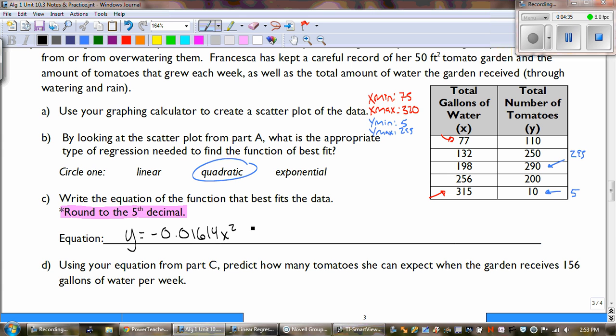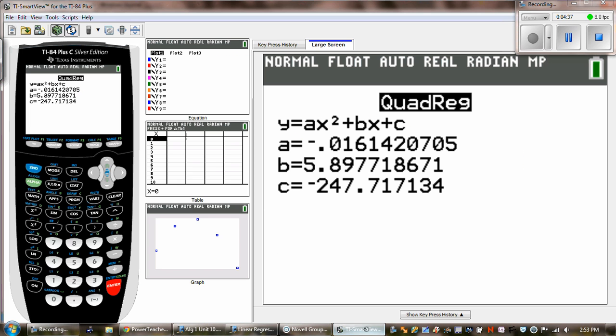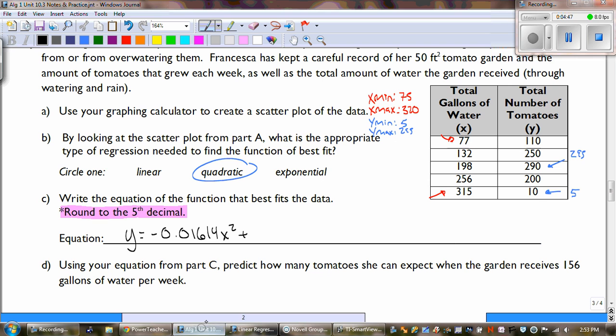Let's take a look. Plus 5.8977. I'm sorry, the 8 tells us to round up. So that's going to be plus 5.8972, or 27, I'm sorry,